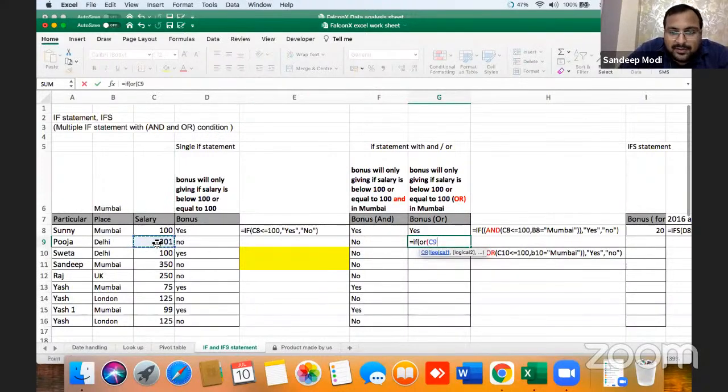First statement, logic test, check less than 100, second, it should be Mumbai. Bracket close, enter. Yes. Bracket close, no. Enter.